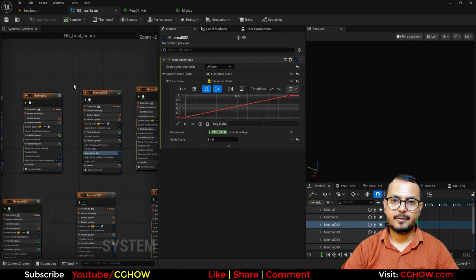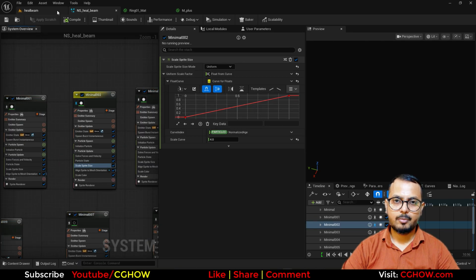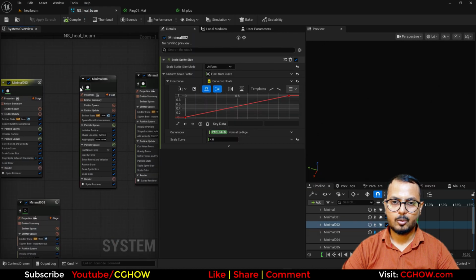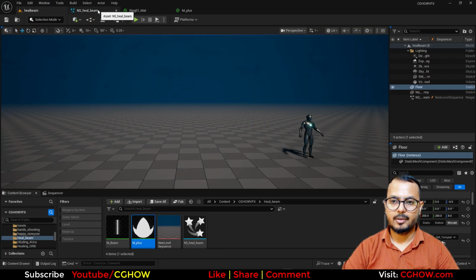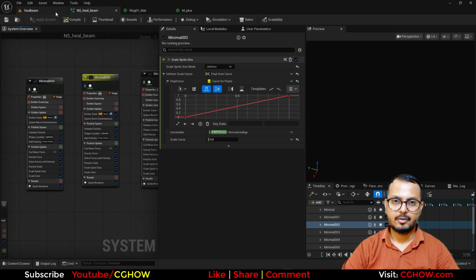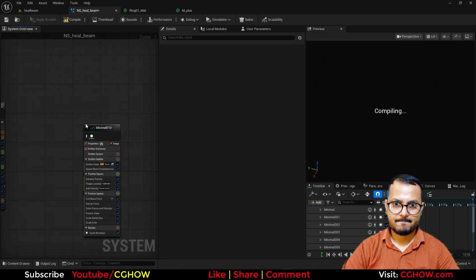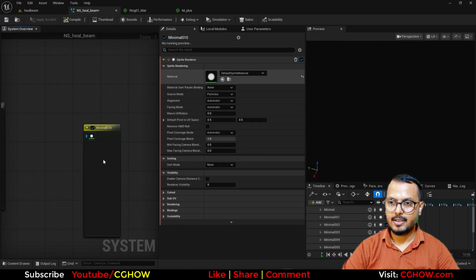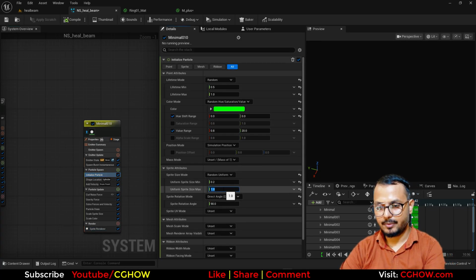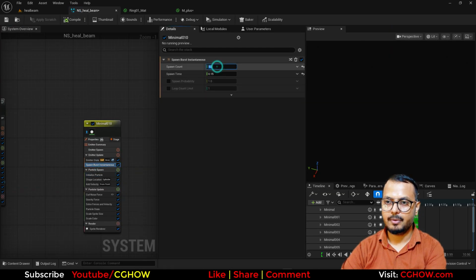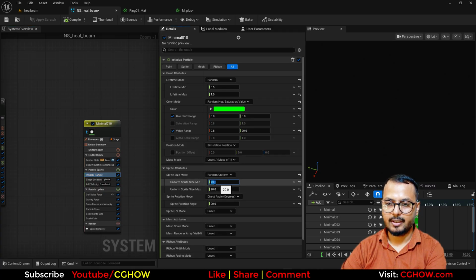So which particle will I duplicate? This is the wind glow. I should rename it. I will duplicate this one, or maybe this one, which is like a slender. So I'll duplicate this, replace this, change the size to maybe 15, 20. Let me check. Yeah. And spawn rate maybe just 6 and size maybe 20 and 5 and slender size radius